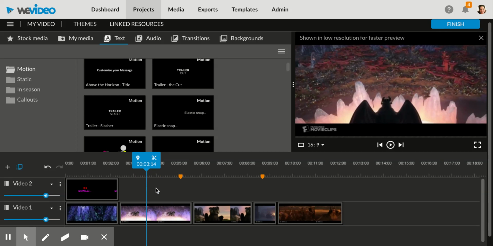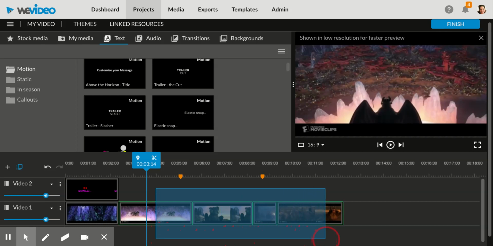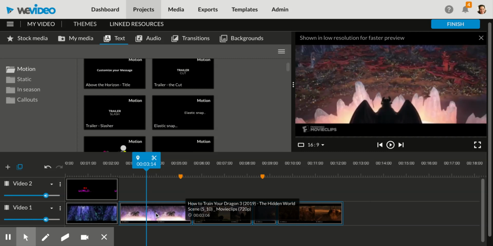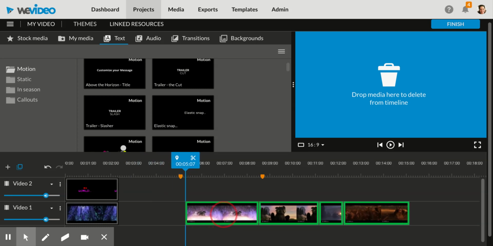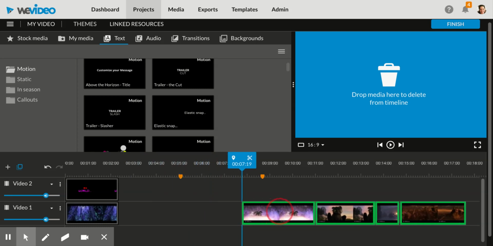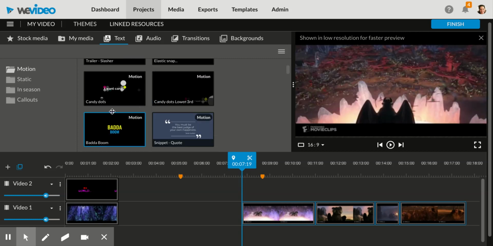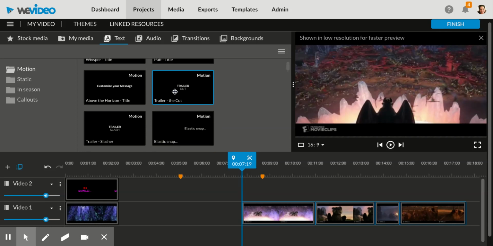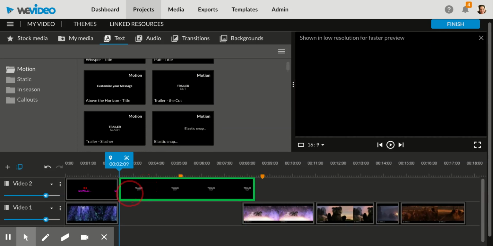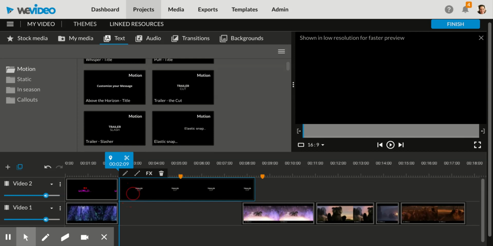So what I'm going to do is click my mouse down, and while I'm holding it down, I'm going to select all these clips right here so that I've highlighted the clips on my track, and then make sure you click in the middle of a clip and you drag everything back. So I'm moving all my clips back to make room for my text. So now I can drag my next title back. So maybe I'm doing this one right here, and then it's going to say in a world